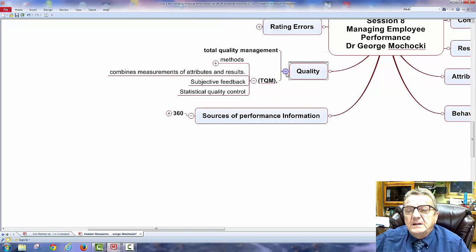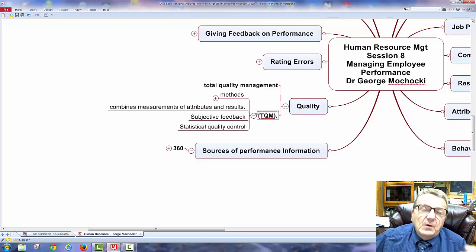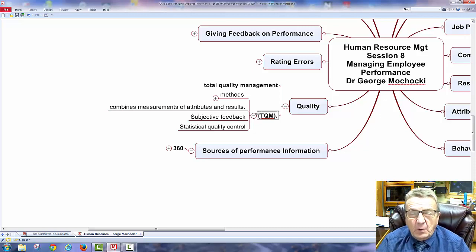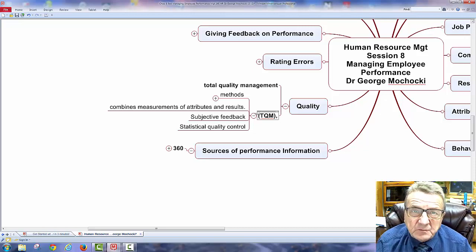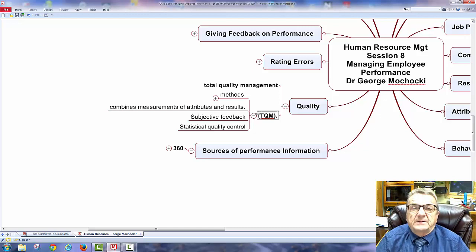Okay, now quality. When I'm looking at performance, quality always has to be part of your performance measurement. You don't want to do work just to get numbers out there, because customers aren't going to come in. Customers want the best product at the least expensive price, but a high-end quality product. Employees want to provide a high quality product. They feel proud when they create and do a high quality product.